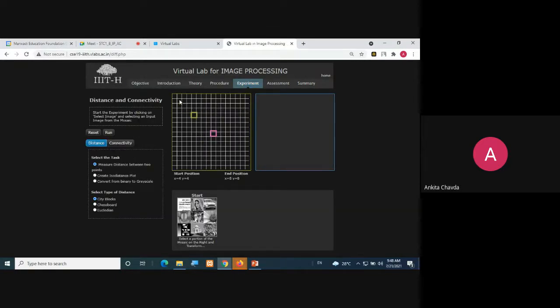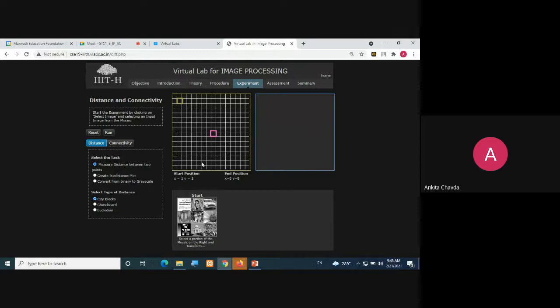You are choosing this or this first pixel and the second pixel, and you are finding the distance. When there would be a city block, it means when you are going to a city, how you can look for the roads, either left, right, straight, and back. Four possibilities are only there. Four roads will be there generally. So you can move either like this, first horizontal, then vertical, and so on. So that is your city blocks.